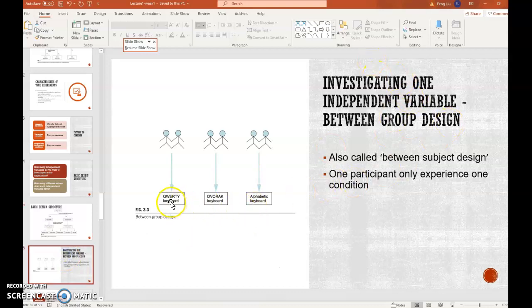So between group means one participant only experiences one condition. So each participant only does one test. They are randomized, and so they do not do this and then do this. No,